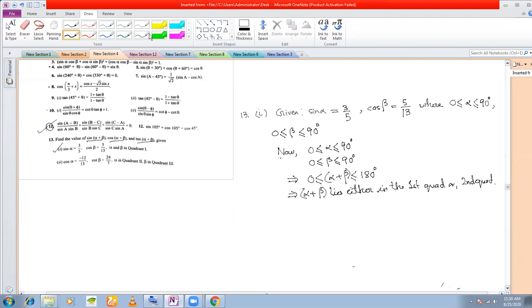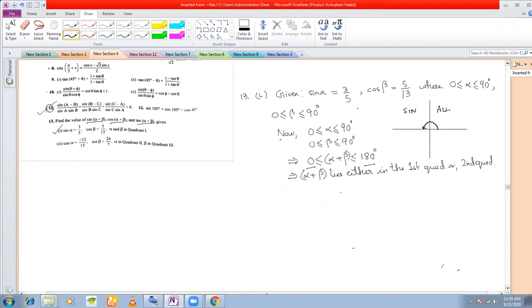Isn't it? Because if you have these as your quadrants, and it is between 0 and 180 degree, that means either it lies in the first quadrant or it lies in the second quadrant. So I don't know whether first quadrant or second quadrant, it may lie in either of the two. So my first duty is to find sine alpha plus beta. Now in order to find sine alpha plus beta,